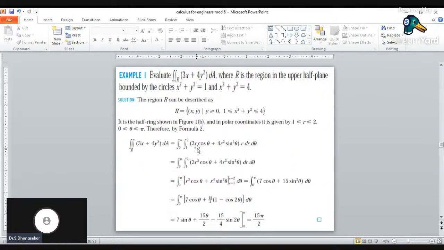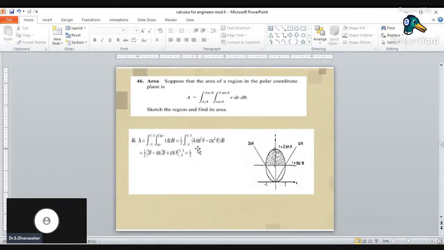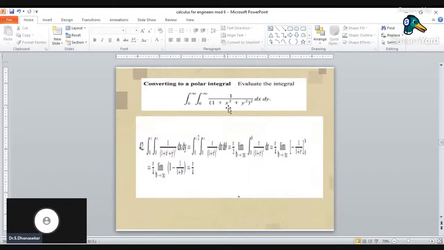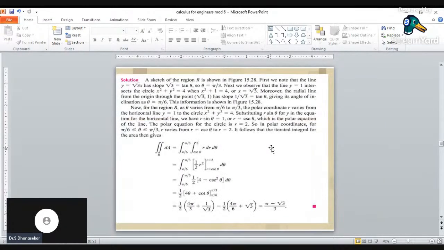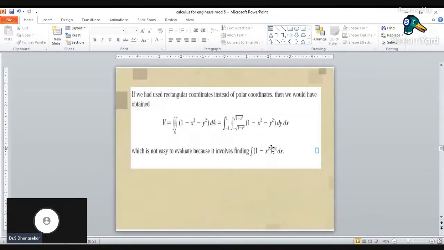When I want to find out area using double integral, there won't be any f of x comma y. It is double integral over R or D, whatever region is given, into dA. So when I'm going to change it into polar coordinates, instead of dA, I will apply r into dr into d theta. Now when it comes to triple integral,